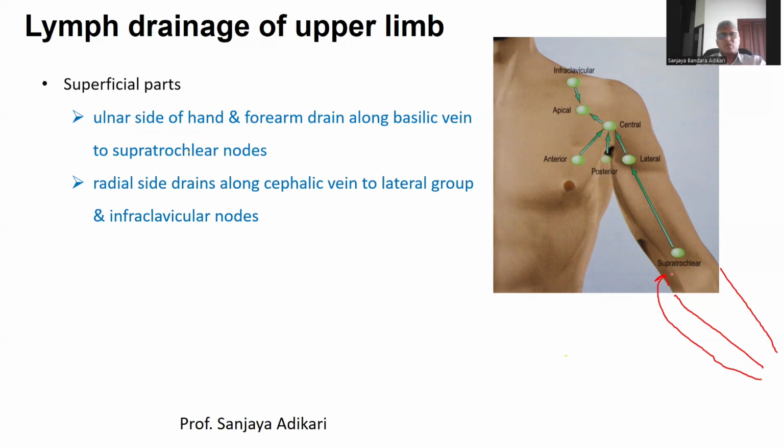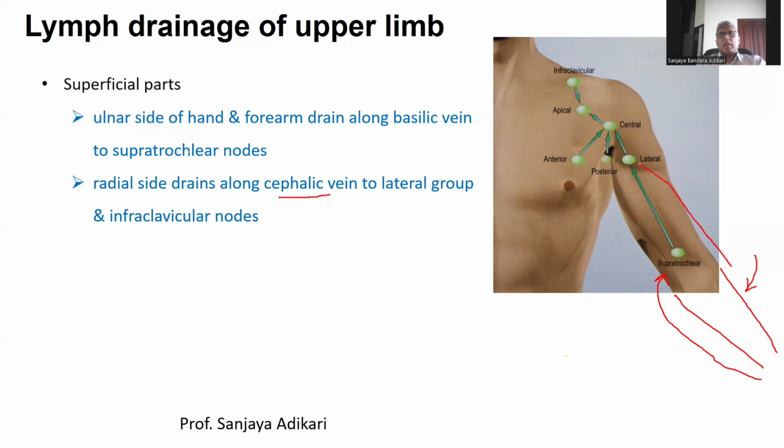Okay, so it's a long story. So ulnar side, the hand and forearm drain along the basilic vein to the supratrochlear nodes first. Then from there, it can go into the lateral group of axillary nodes and central. Then from the radial side, lymph will drain along the cephalic vein,